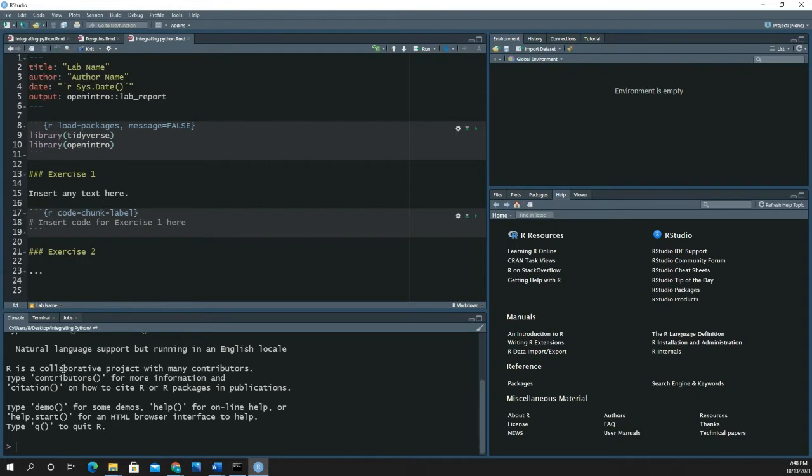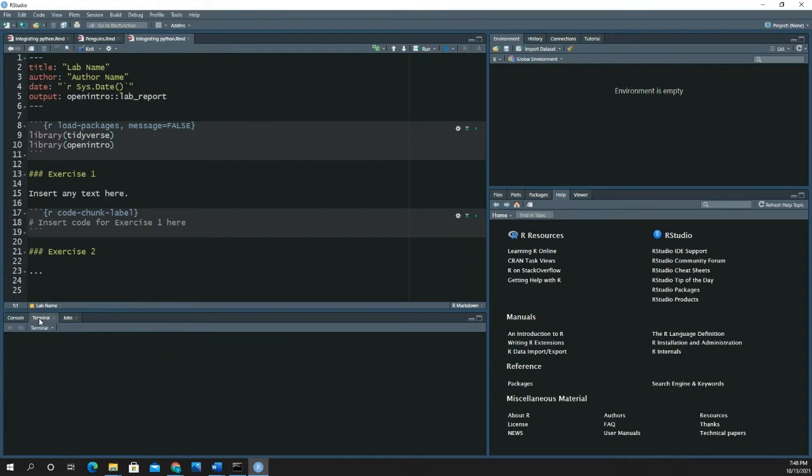Now, first thing that we're going to need to do is go to the terminal at the bottom. You'll notice that this looks a lot like your command prompt from the first part that we did when we did the hello world. First thing that we're going to do is a pip install virtualenv. I've already done this, so I'm not going to do it again, but you'll just do the pip install and run this